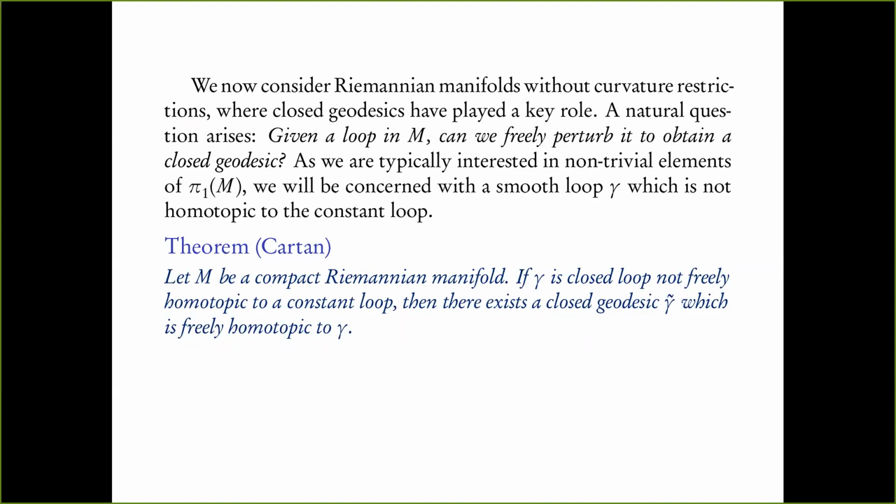But because the manifold is a generic manifold, if I give you a point, you cannot expect that there is a closed geodesic passing through that point. I mean, there are geodesics passing through that point, and M being compact ensures that it's complete, which means that the geodesic passing through that point will exist for all times, but that geodesic will not be a closed geodesic. It will typically be a path which just keeps going on either end. Okay. So in general, if I give you a point, you cannot expect that there's a closed geodesic passing through that point for a generic metric on a Riemannian manifold.